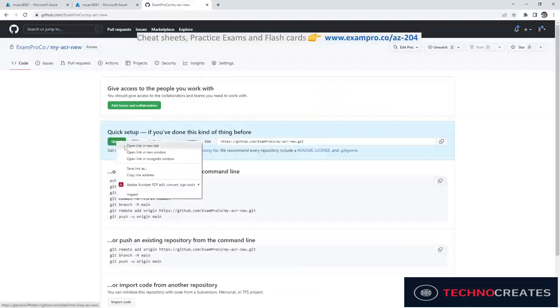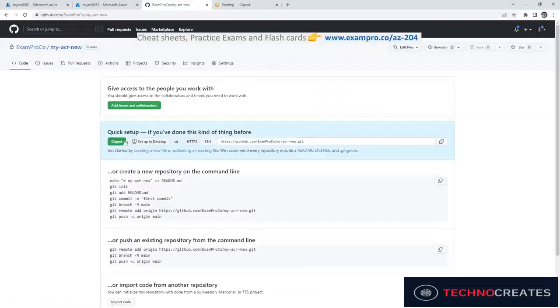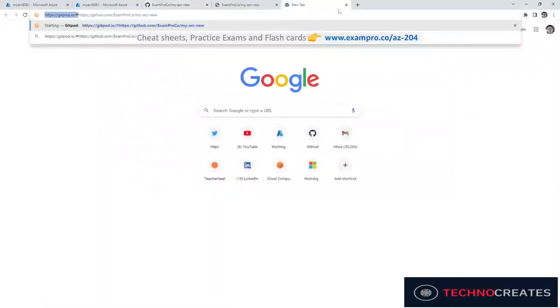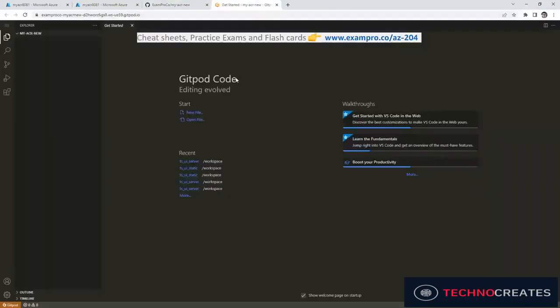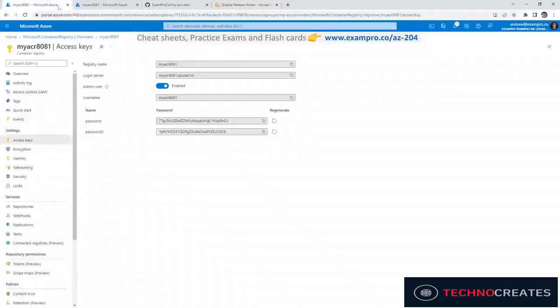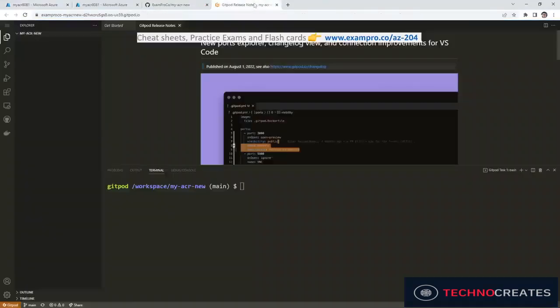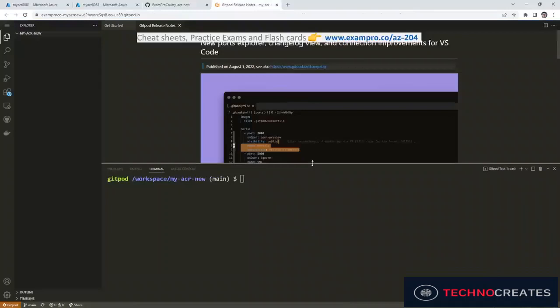And from there, I'm going to open this up in Gitpod. All you have to do to open something up in Gitpod is to attach this end here. You can also do this in your local environment, but you do have to have Docker set up. And so that's why it's easier to use Gitpod. Now, Cloud Shell in Azure actually has Docker installed, but it doesn't run a Docker instance, so it's not that easy to work with. So it really is easier to just work with Gitpod here or locally if you have